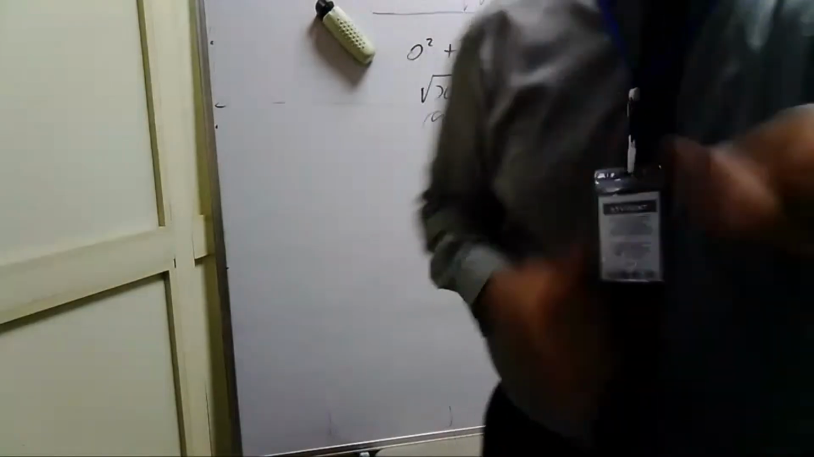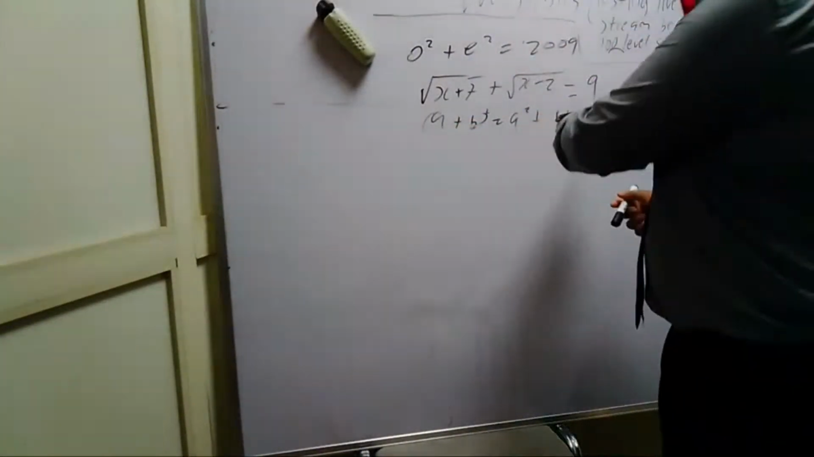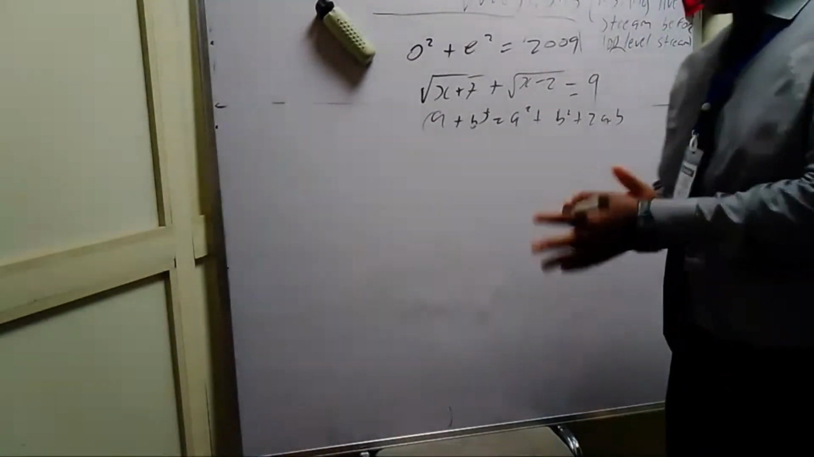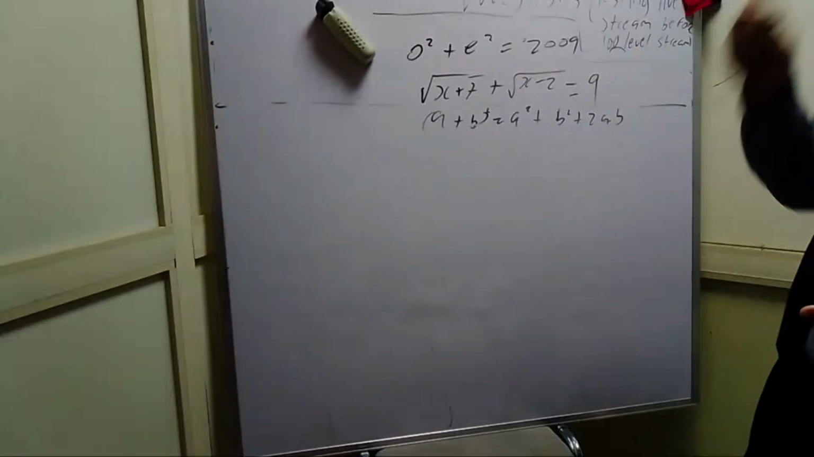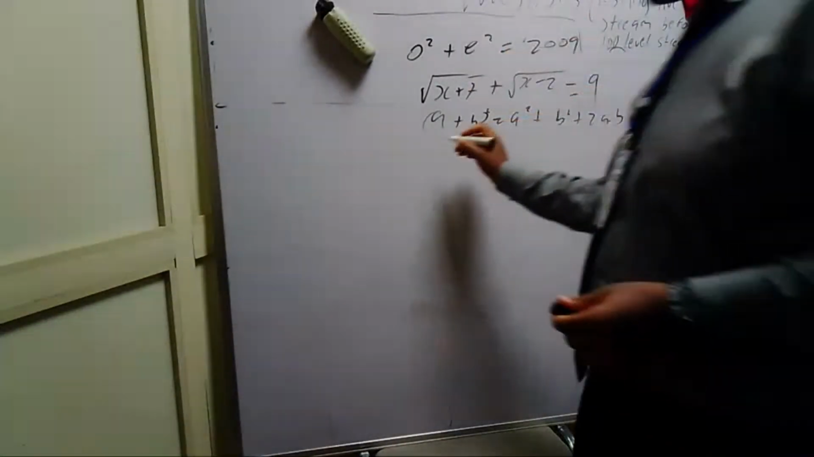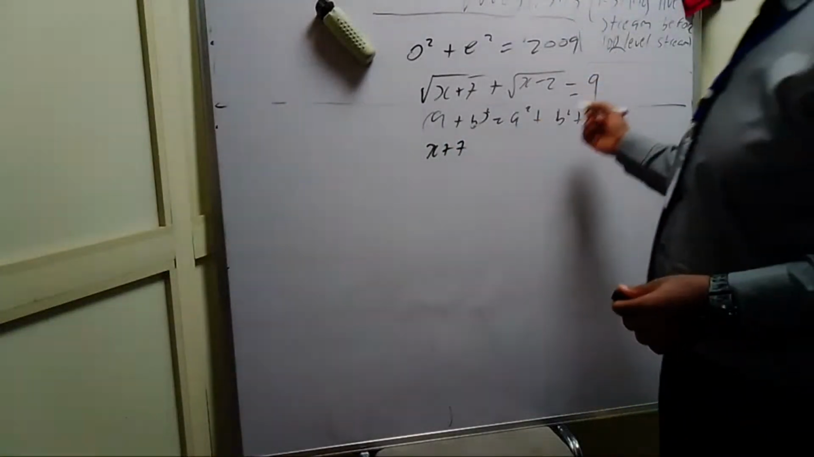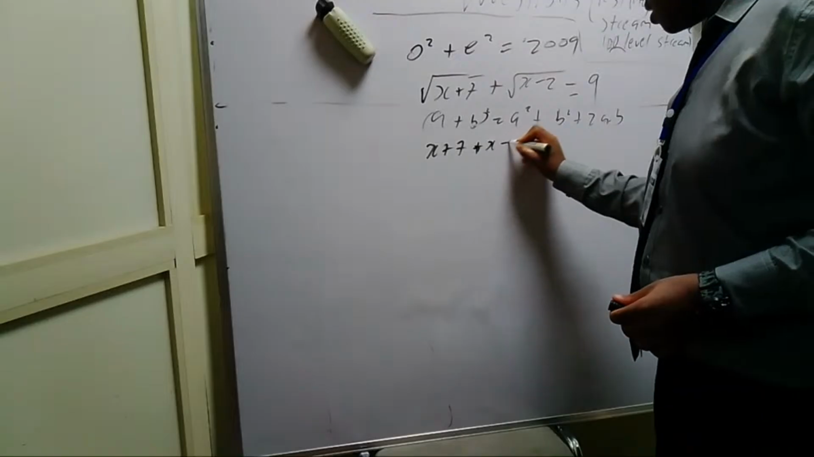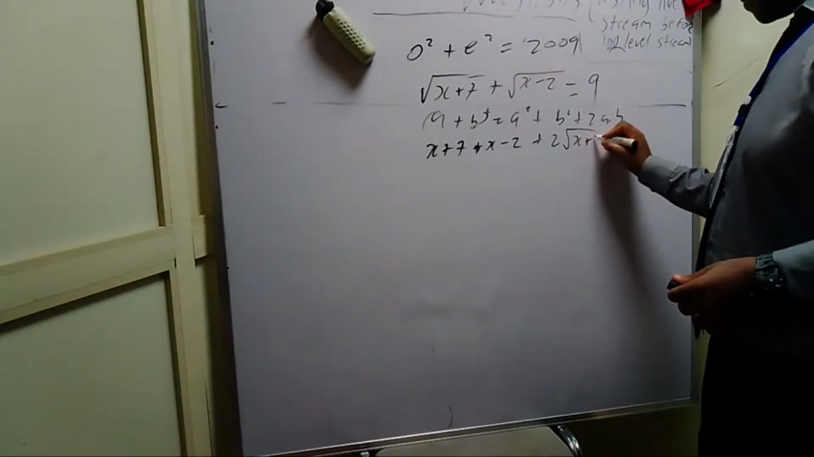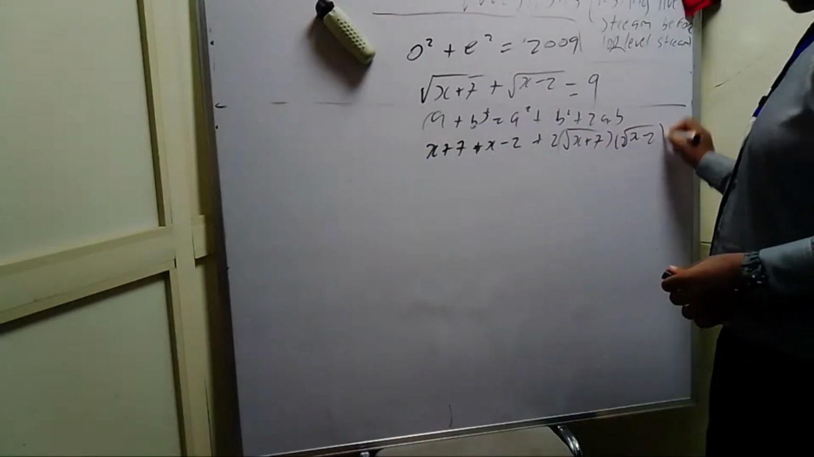Okay, where was I? We have a square plus b square plus 2ab. I told you that a is going to equal the square root of x plus 7, b is going to equal the square root of x minus 2. So for the first term, the square root of x plus 7 all squared will give you just x plus 7. We have b, the square root of x minus 2 all squared, will give you plus x minus 2, plus 2 times the square root of x plus 7 times the square root of x minus 2 is equal to,